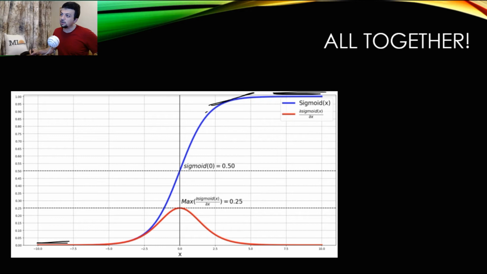Now over here, the slope is a little bit higher, meaning that the gradient is higher, but at point x equals 0, exactly here, this is your slope. That is the highest slope you could get out of your sigmoid function. This means that the highest slope of a sigmoid function happens at x equals 0, right? And that highest slope is exactly 0.25. And that is why the red curve of the gradient hits its max exactly at x equals